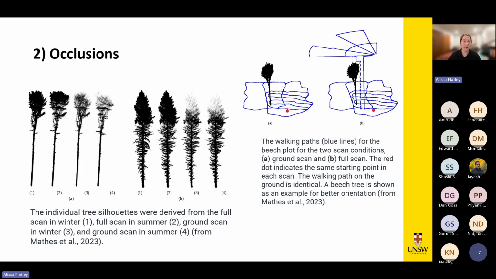And the idea behind this is that the walking paths for two trees were essentially the same under a ground scan and a full scan. However, in the full scan, they then took their handheld TLS and raised it above a platform to get a fuller kind of coverage to mitigate against occlusions. I will say occlusions are still a problem for geomorphology, and I think it's something that is going to be readily informed by, I guess, forestry